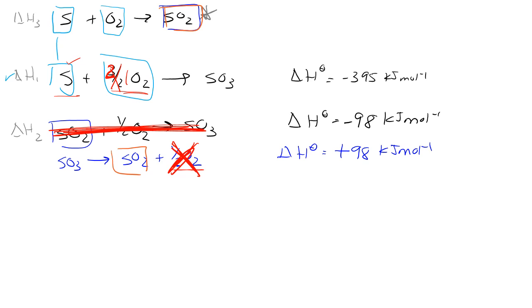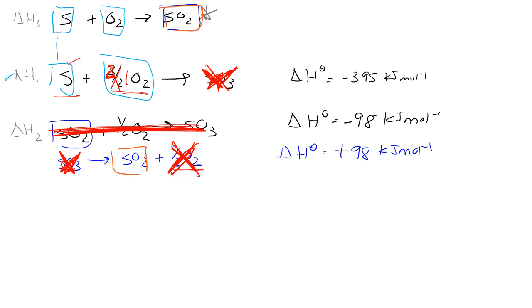We have SO3 as a product for delta H1. It is a reactant for delta H2. So they cancel out. Our goal is anything we have boxed is still remaining. And it is. So now that we have written the correct reaction and everything matches,